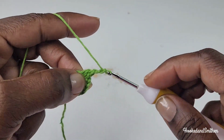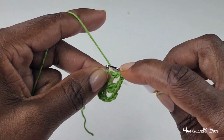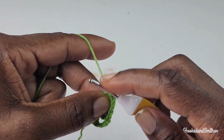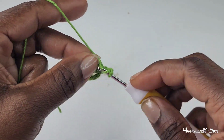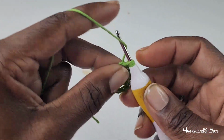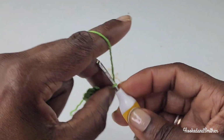Chain 3, make 2 double crochets inside the ring. Chain 3, make two double crochets inside the ring. Chain 3,